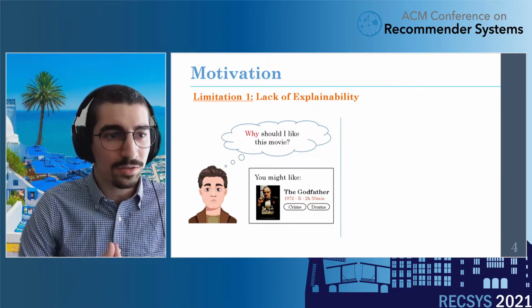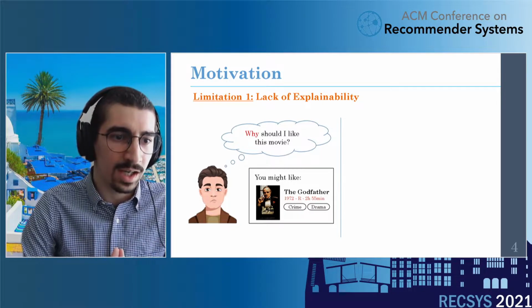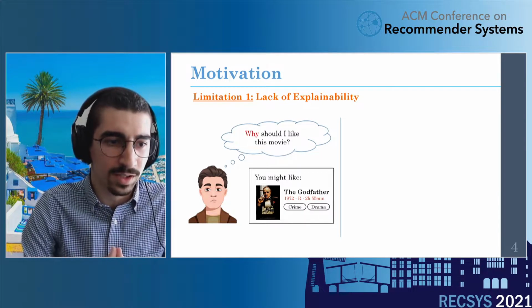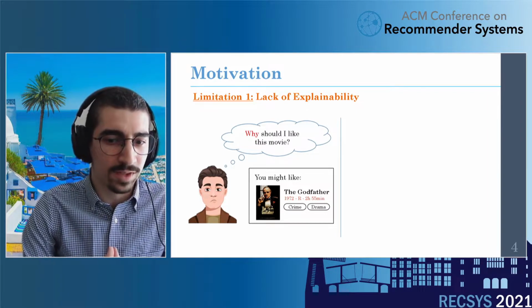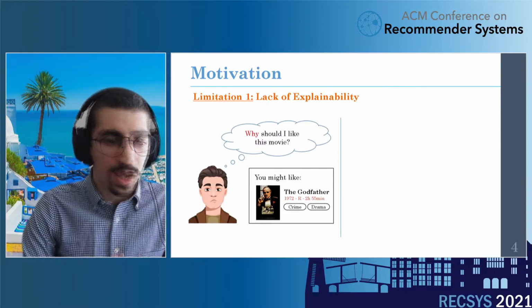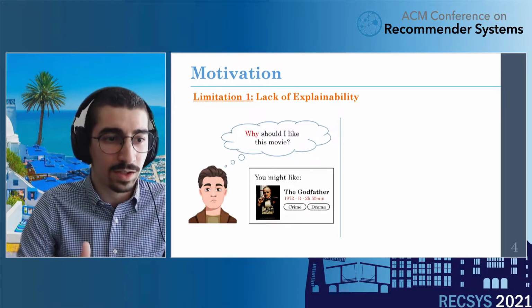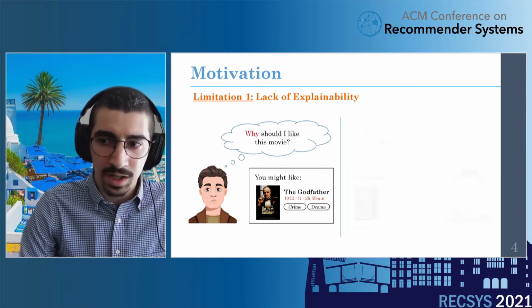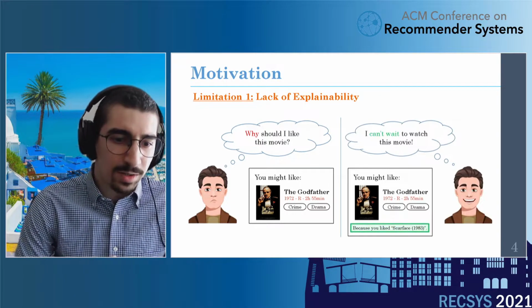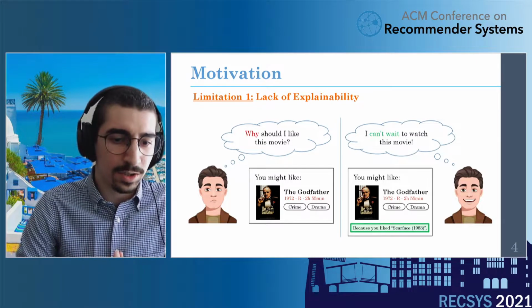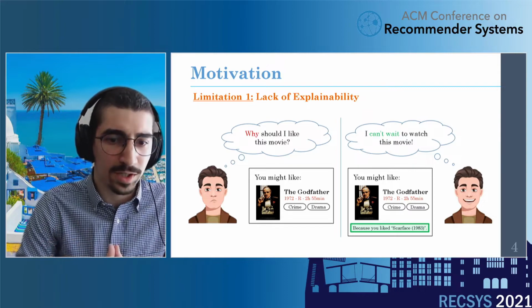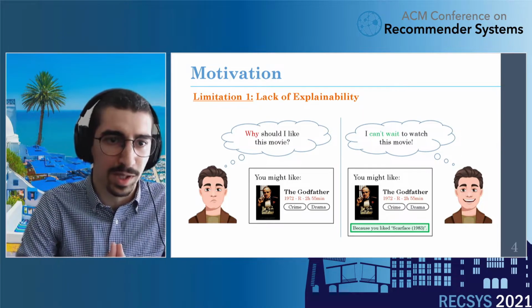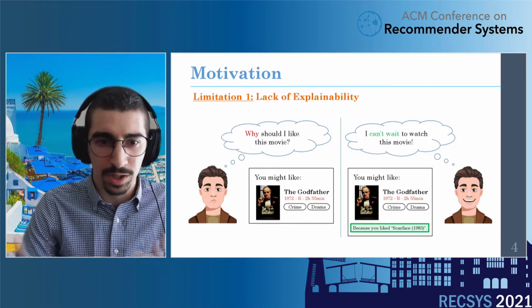The first limitation of BPR is the lack of explainability, and explainability is important because it allows the user to make more informed decisions. For example, if this user received the movie recommendation The Godfather, and they didn't know anything about it, they might think, why was this movie recommended? Or why should I watch it? However, if this same recommendation were accompanied with the explanation because you also liked Scarface, then they will have more context and more information based on which they will make the decision of whether to watch or not watch the